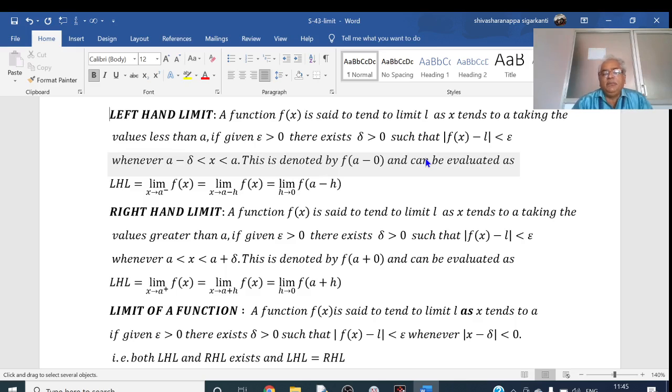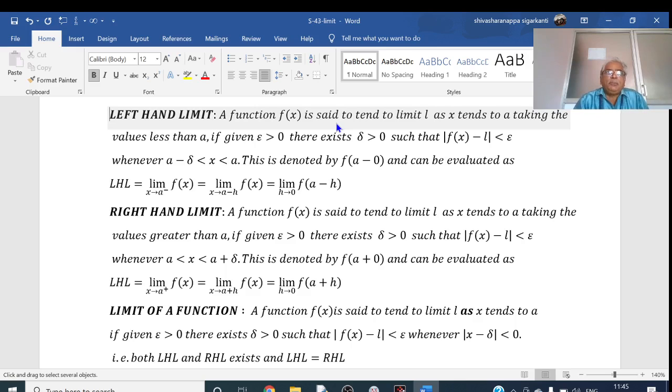Mathematically we define limit like this. We define two types of limits here. One is the left hand limit and the second one is the right hand limit. Here we are taking x approaches to A, where A is some fixed number. X approaches to A means x may be less than A, x may be greater than A. If x takes the values less than A and approaches to A, then we call this the left hand limit. That is, x is approaching to A from the left side on the real line. Therefore, we call this the left hand limit.